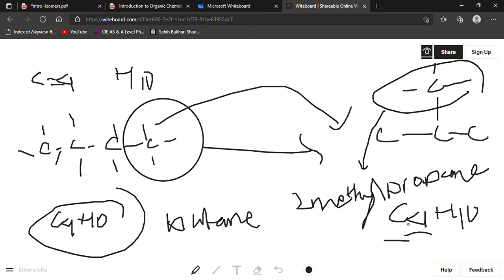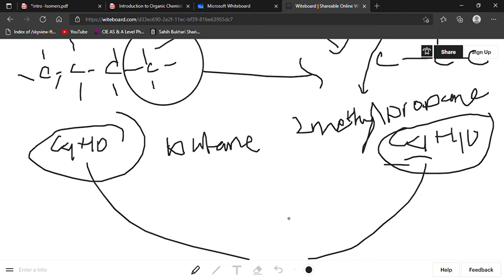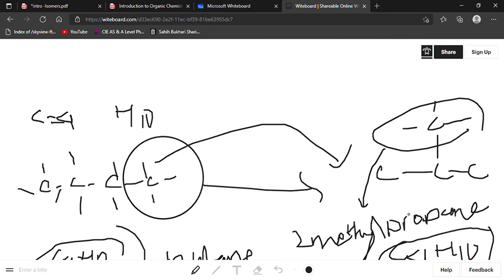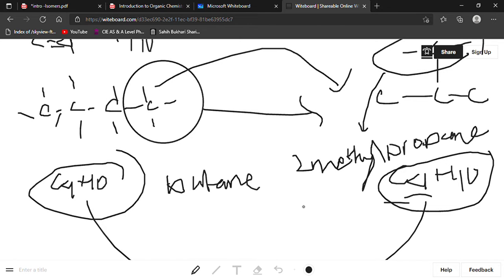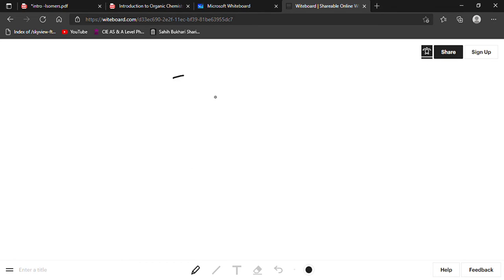So what you do is that you need to keep the number of atoms the same, and keeping the number of atoms the same, you have to do something different so that it becomes a little different in structure, in form, in any way, so that the molecular formula is the same, but the structure actually changes. So in isomerism,